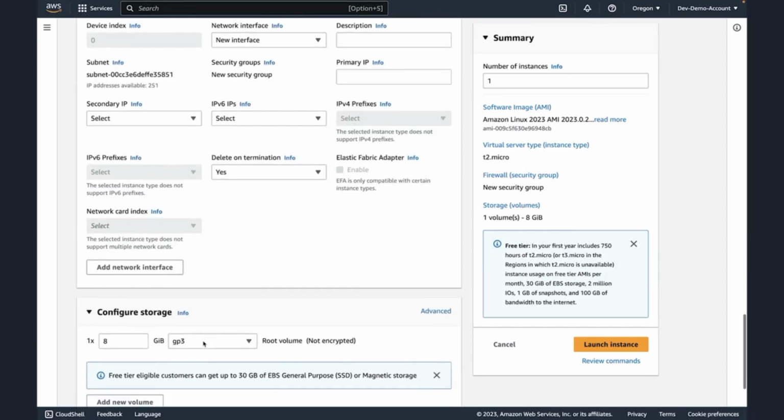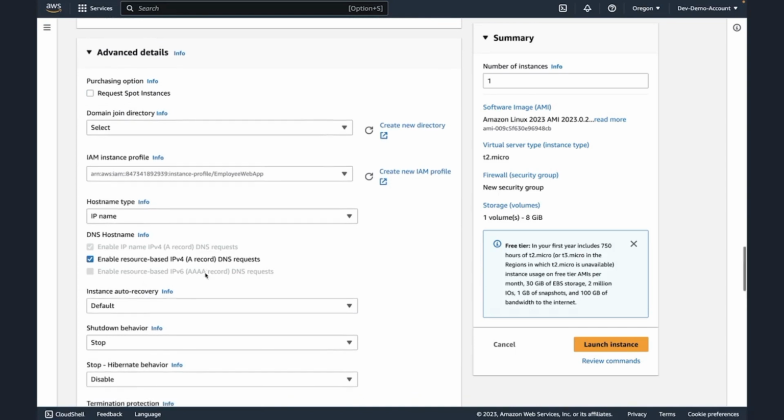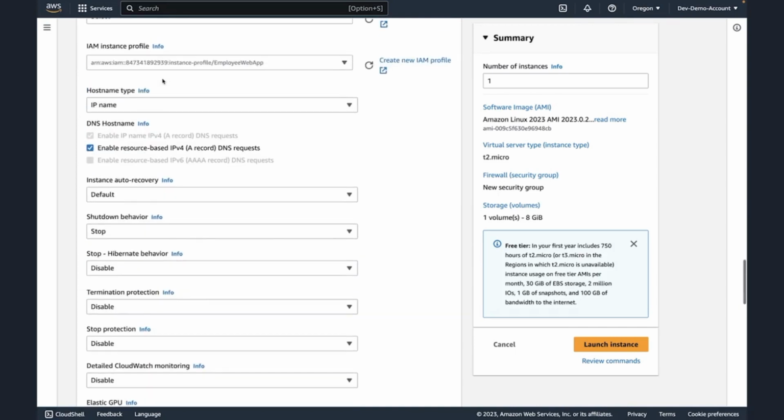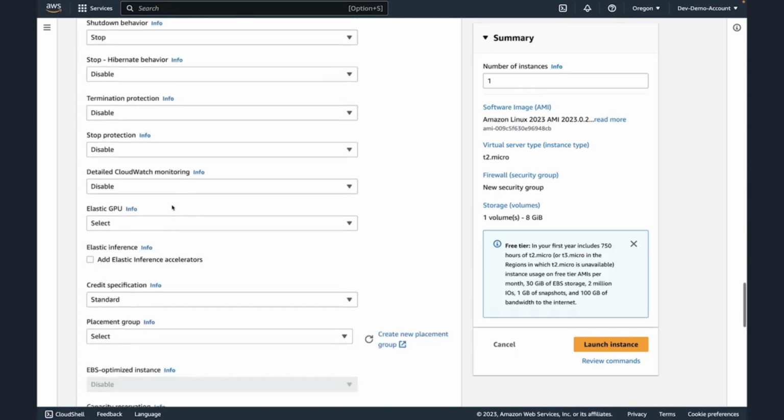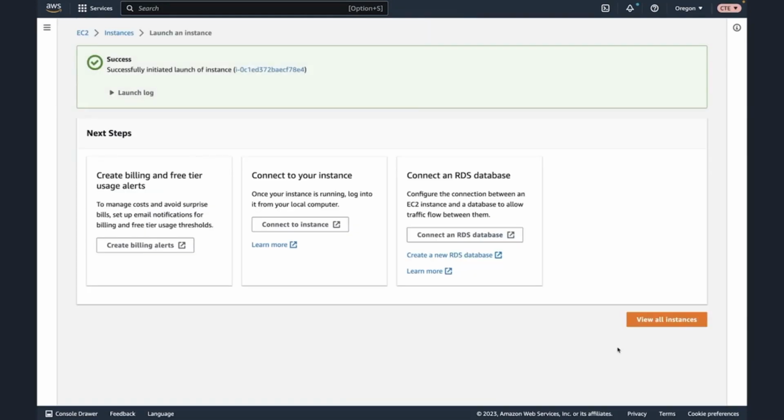Now scrolling down, we can scroll down to the advanced details and expand this here. We can see that the role has been pre-populated, so that's great. And then if we scroll down some more, let's take a look at that user data. We can see that this also is pre-populated. So now we can click Launch Instance. We can click on the instance ID,